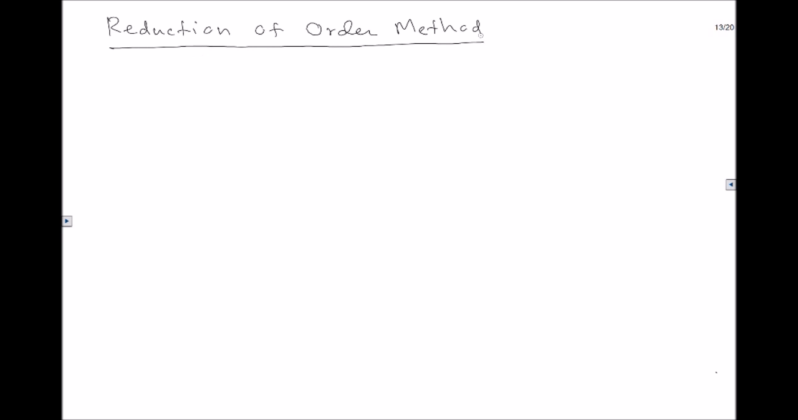So what the reduction of order method is, what we're going to do is bring a second order differential equation into a first order differential equation. That's the idea. So we're going to give the result as a theorem. So the theorem is